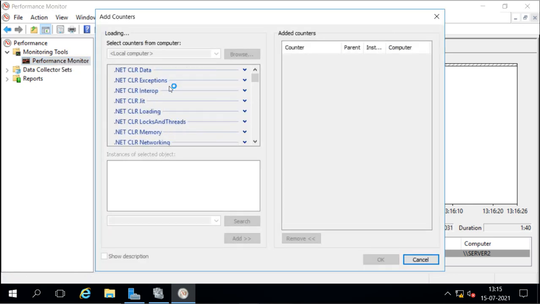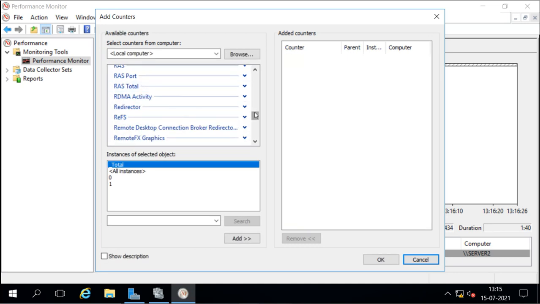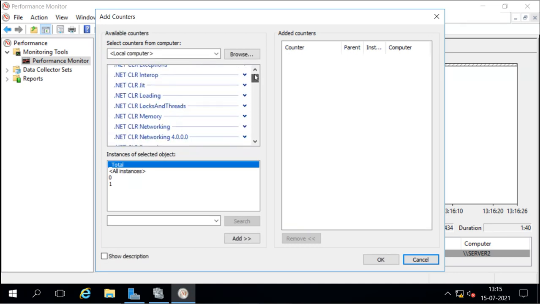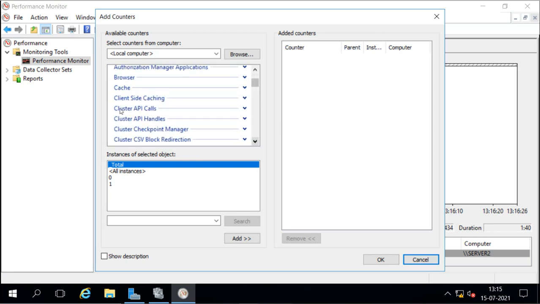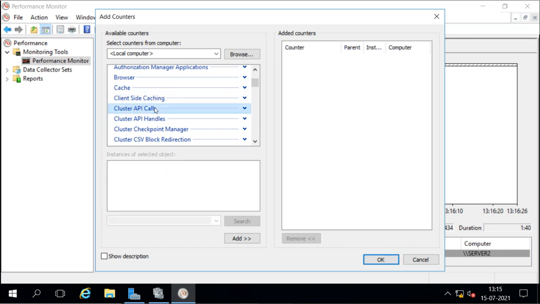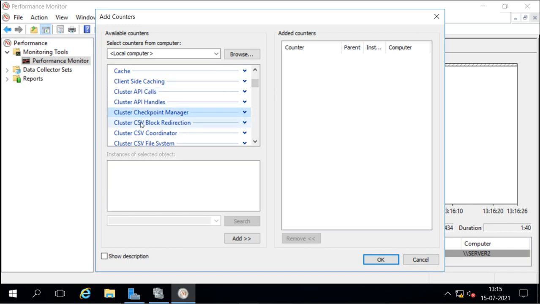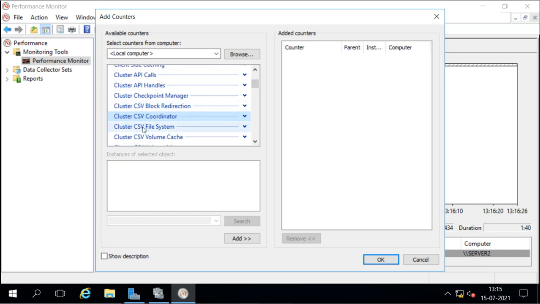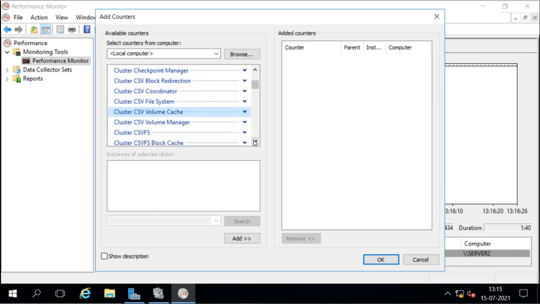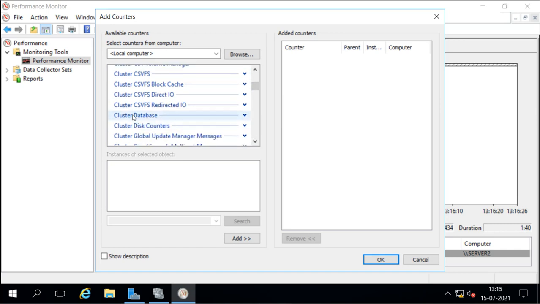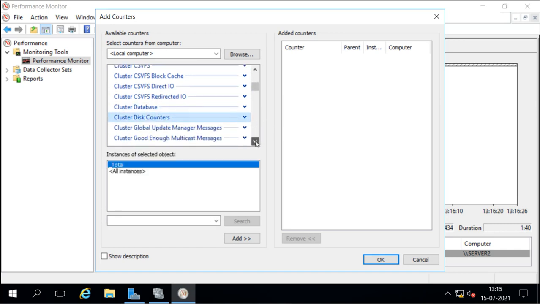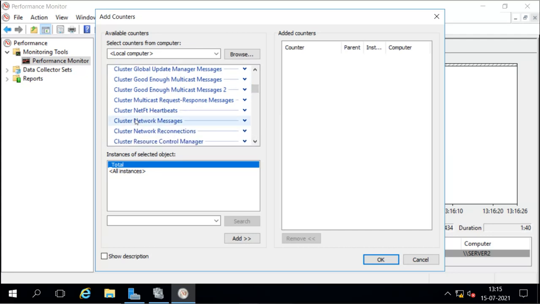As we can see here, we have these counters related to cluster API calls, cluster handle, checkpoint manager, cluster shared volume, block redirection, coordination, file system, volume cache. So all these counters are related to clusters, databases, and disks. We can add all these monitors so that we can see what is happening to our cluster.